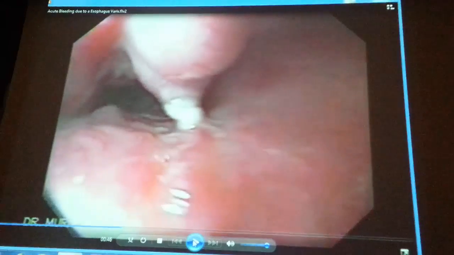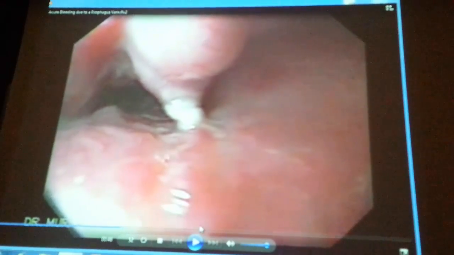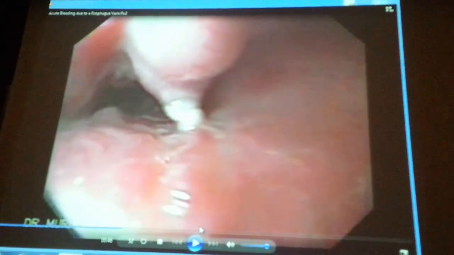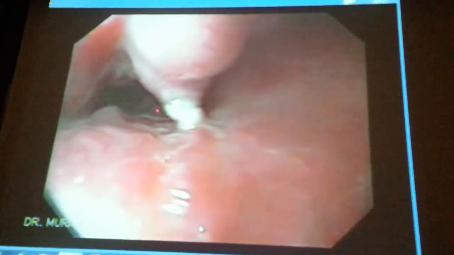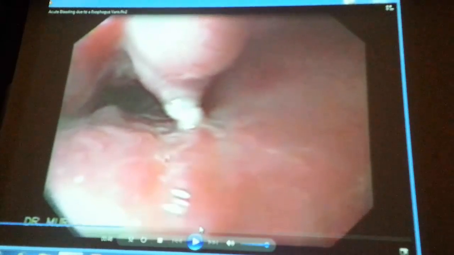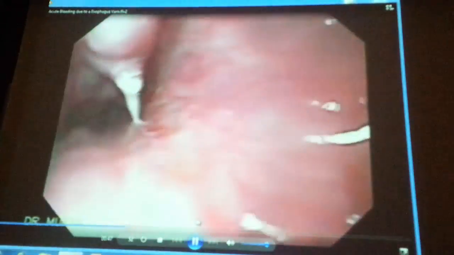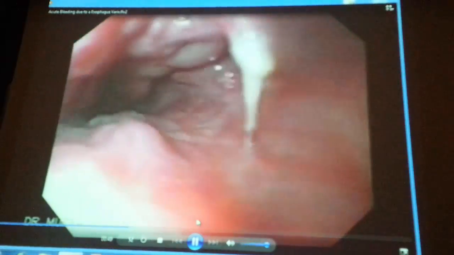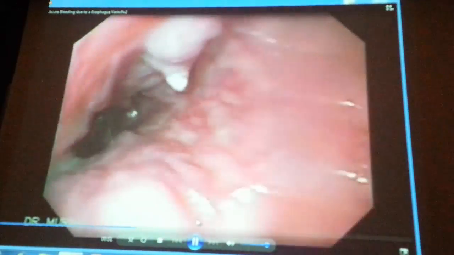Two rubber bands, you see? Two rubber bands were placed. Now, look here. Can you see the white nipple appearance? This indicates an ulcer at the tip of the esophageal varix. But there is no bleeding yet. There is an ulcer, in the early stages before bleeding. This is the white nipple appearance. As they go with the endoscope now,